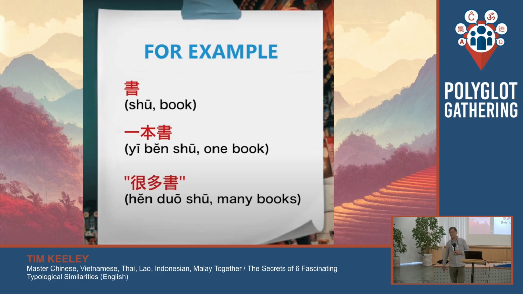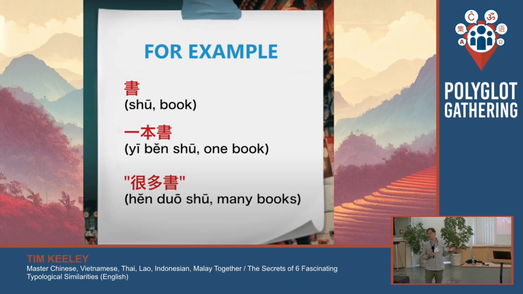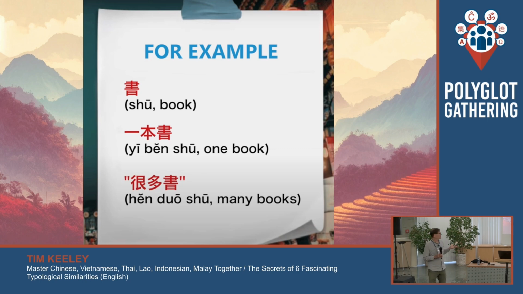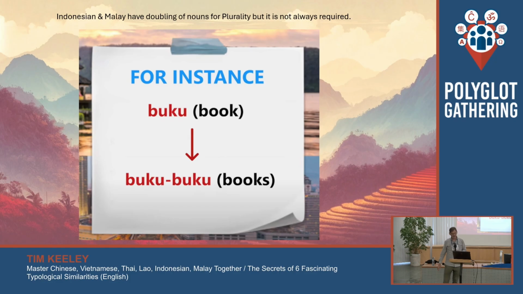So yeah, as an example I gave you here, you just have book here. There's no way to make that books. Nothing you can add to it. I can say one book, or I can say many books. That's fine, all right? But we haven't changed book, have we? Okay, it's going to be straight. Like now,